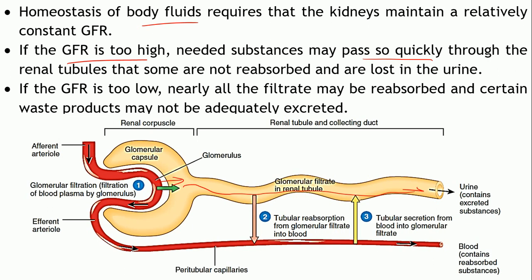As it travels, two more processes are taking place, right? So what will happen to these two processes? They will get affected. Mainly tubular reabsorption, this is very important, because the entire thing which is filtered need not be excreted out of the body in the form of urine, right? Most of it gets reabsorbed into the blood, right? Otherwise, if GFR is too high, everything will pass in the form of urine and the reabsorption process will get affected. So your important solutes or the water may be lost from the body.